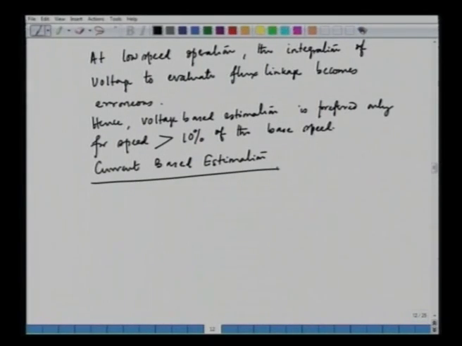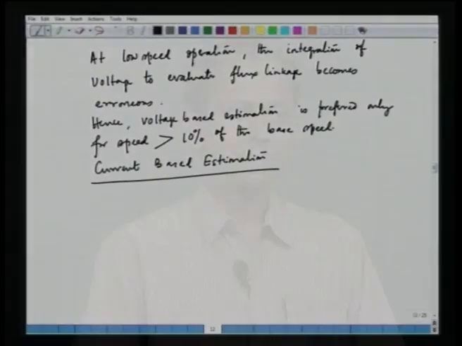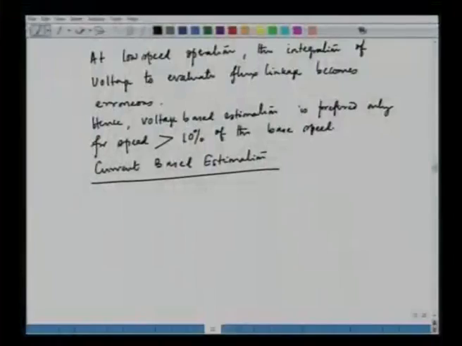In this case, we will be taking the rotor equations, and from the rotor equations we will be deriving the current based estimator. So, we have the equations as follows. We can say that the rotor equations